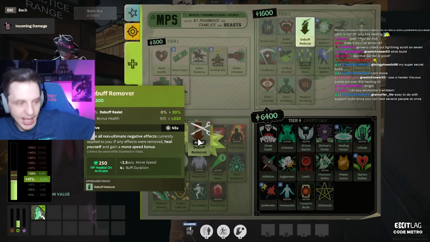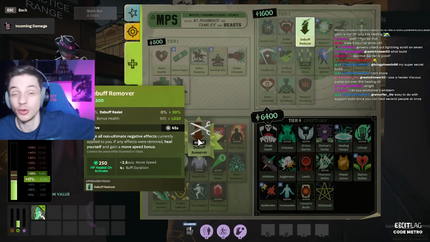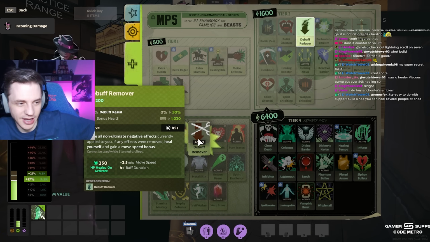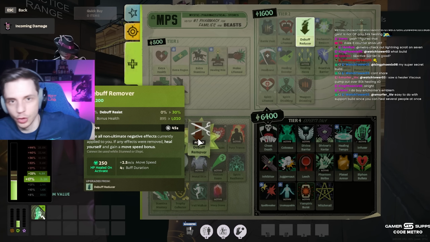Debuff remover got a hard nerf. Very weak now, I want to say. They reduced the debuff resist to 30% instead of, what was it, 45? So it does way less in terms of lowering the duration of like a Mo and Krill ult or like